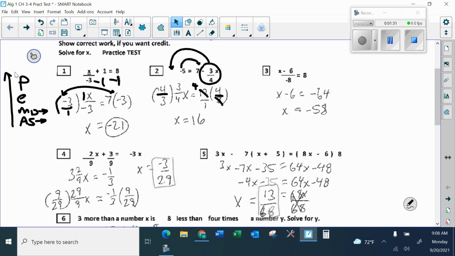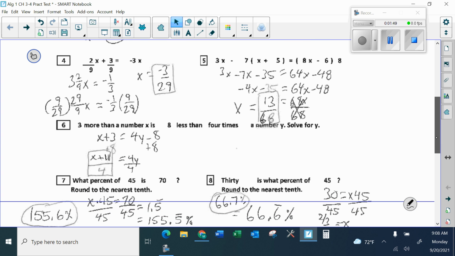Number 3. We're already at the division level, because remember this is like a parentheses right there. So you multiply both sides by -8, and you get -64 equals x minus 6. Last step, add the 6 across. -64 plus 6 is -58. Number 4,